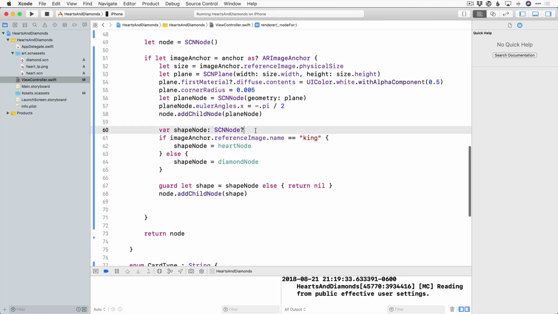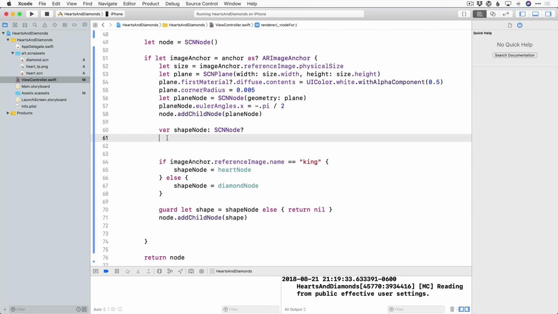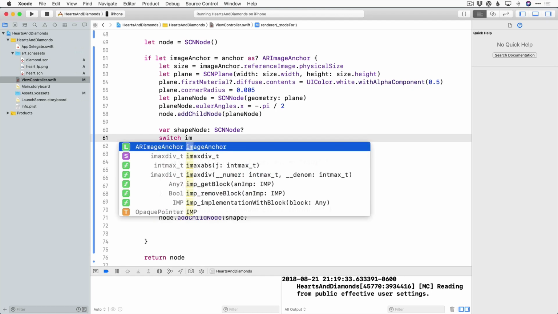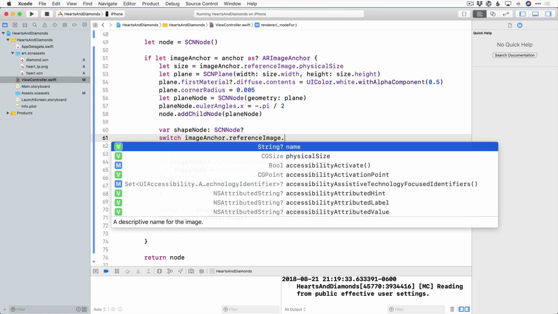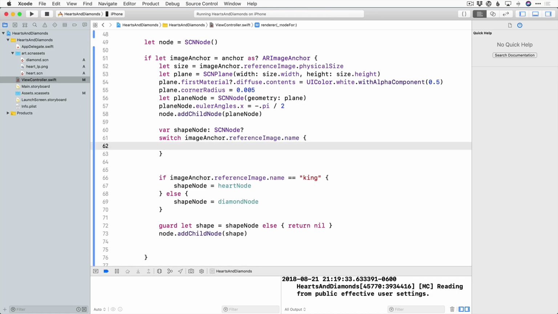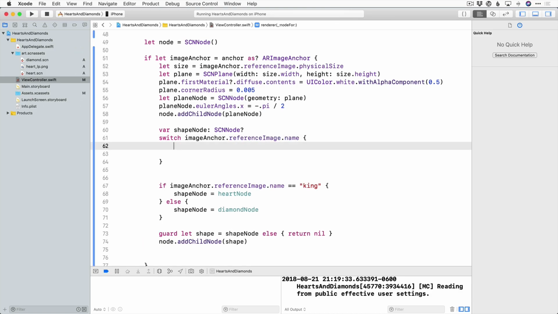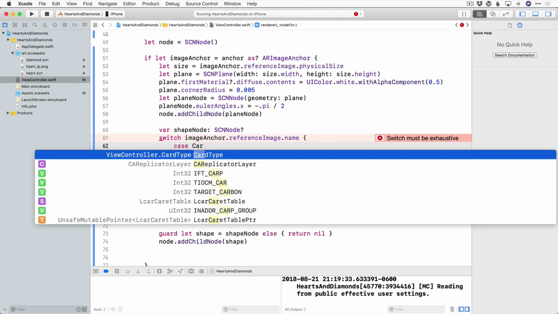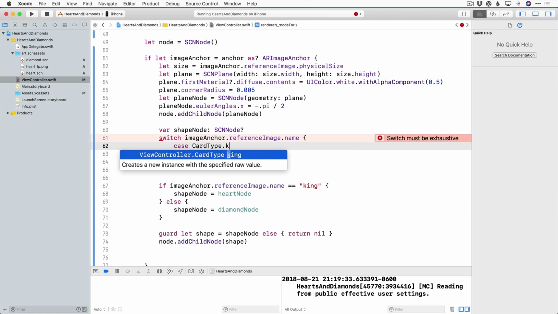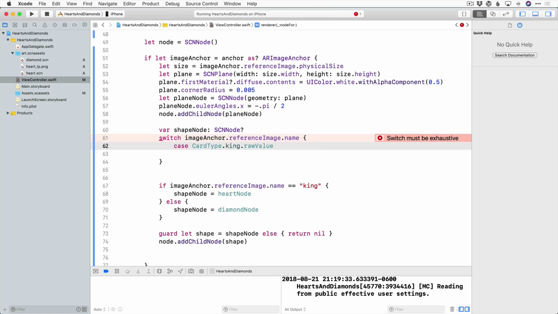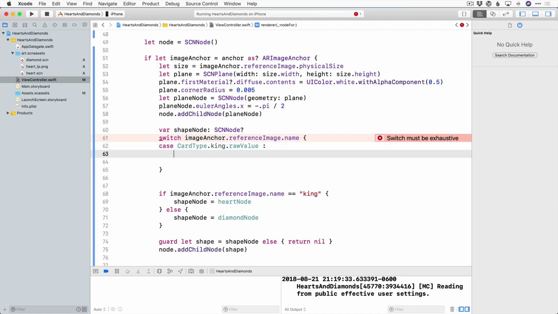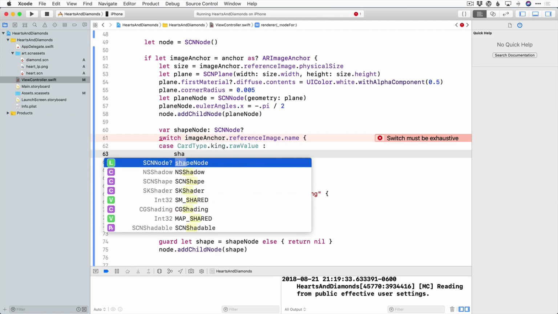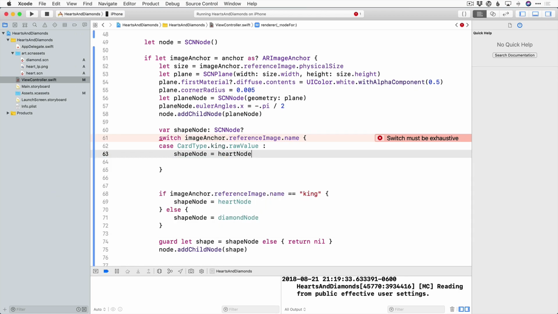Okay, so now we're going to go ahead and clean this up a little bit right here, and we're going to say switch, and we're going to switch on the imageAnchor.referenceImage.name. Okay, so we're going to be switching through the different possibilities that this can return. Okay, and so our first case, we are going to access our enumerator. So I'm going to say CardType.king.rawValue, which is a string, and then if that is the case, we're going to say shape node is equal to heart node,